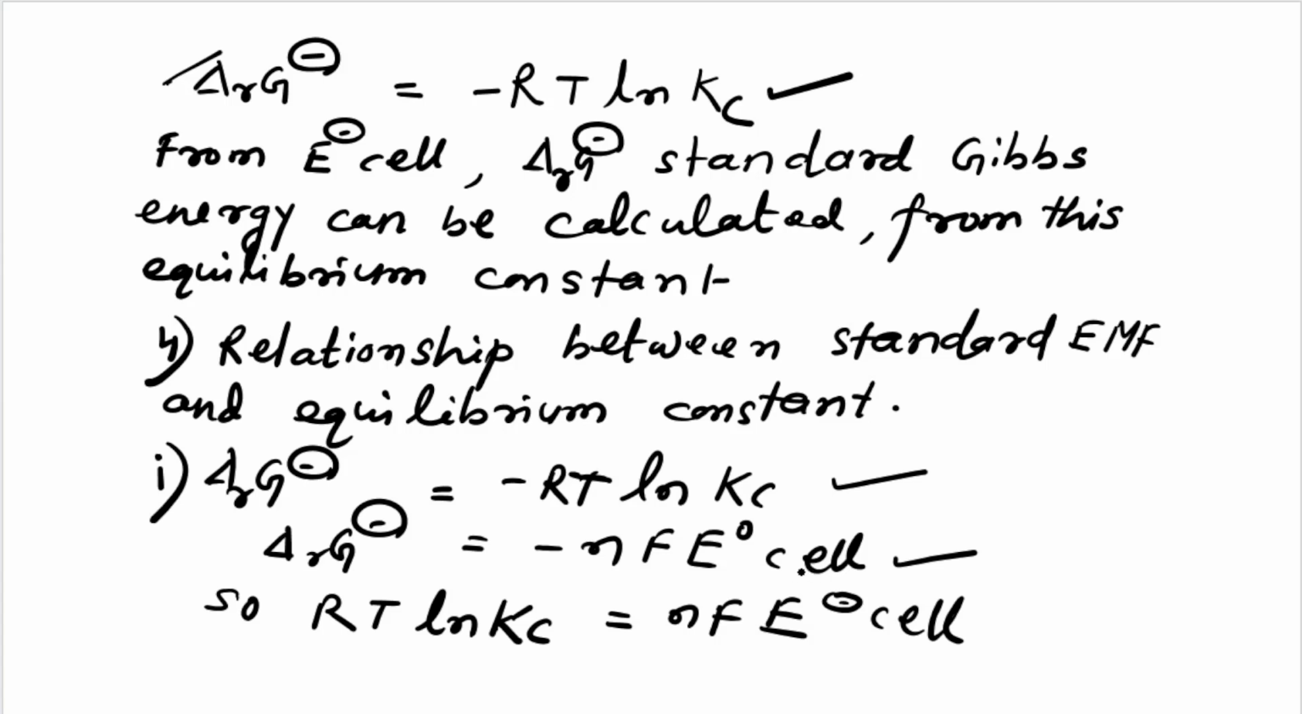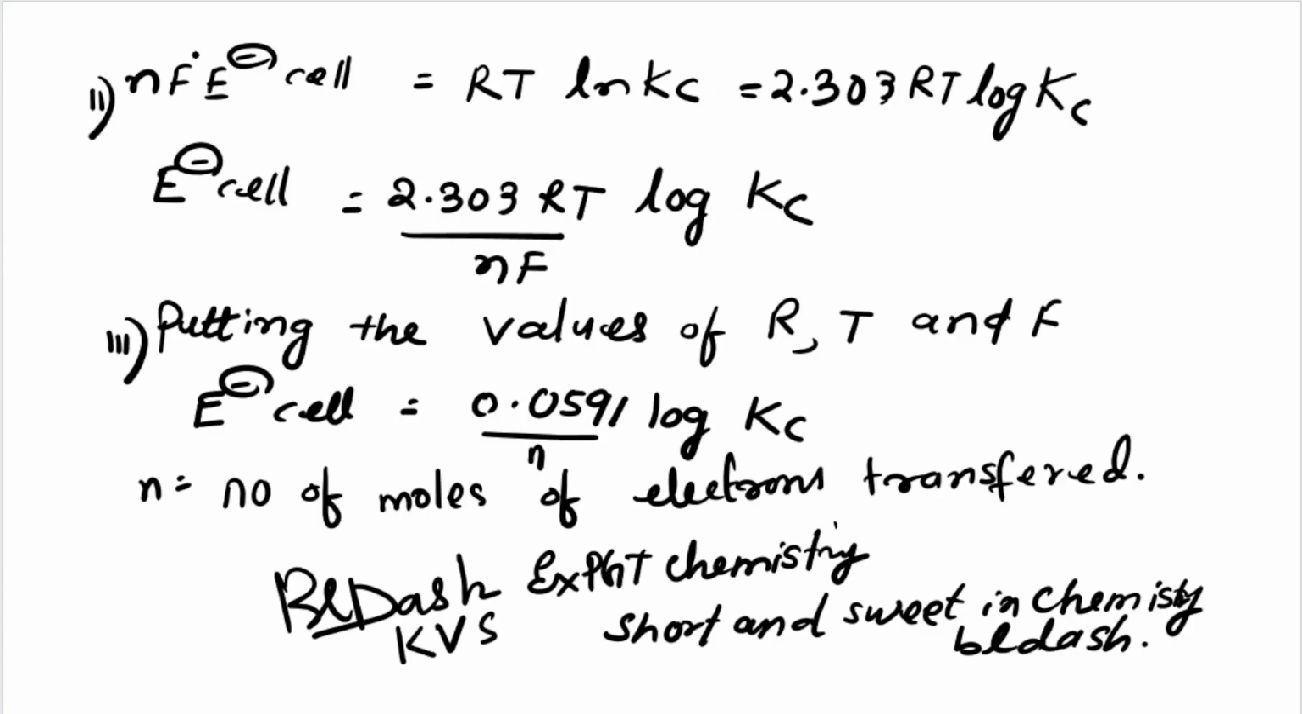When both are related, both are equated, then what happens? RT ln Kc equals this value. When both are equal, you put the value equally: RT ln Kc equal to nFE0 cell. This is the final one, from where you can calculate the equilibrium constant easily. So nFE0 cell equals RT ln Kc,